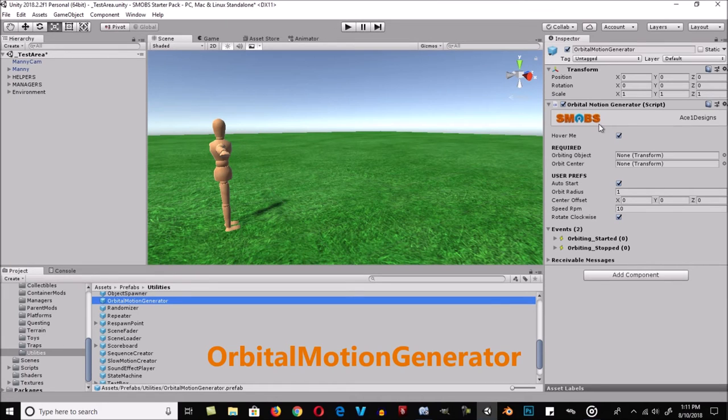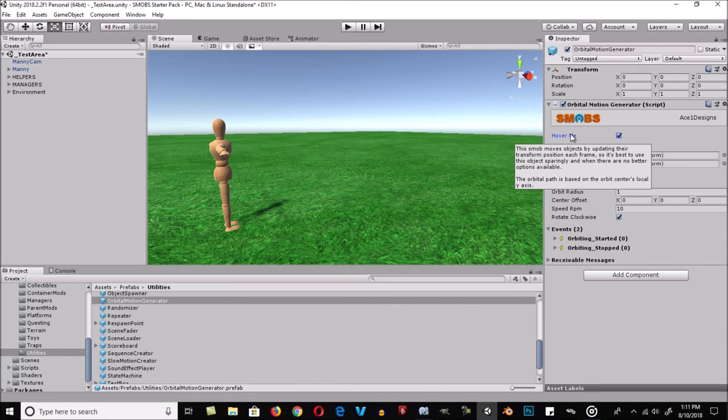The orbital motion generator allows you to make an object orbit around another object. Right above the required section is a hover me. If you hover your cursor over the words hover me, you'll find some useful information which says, this Smob moves